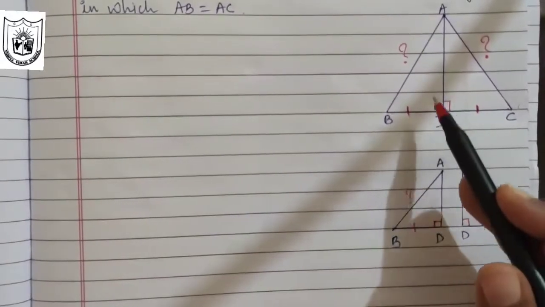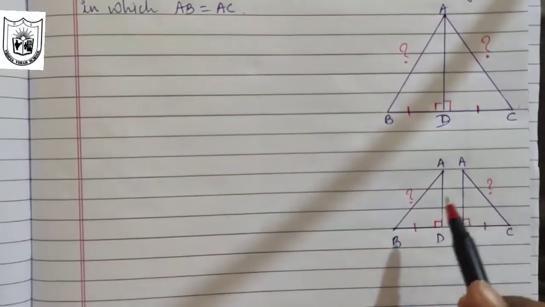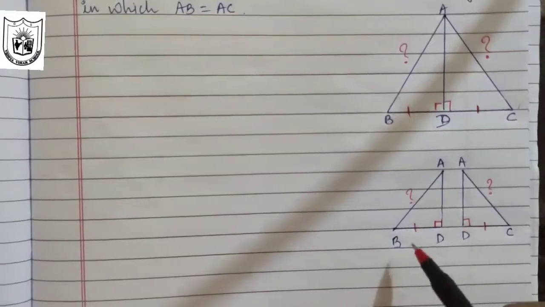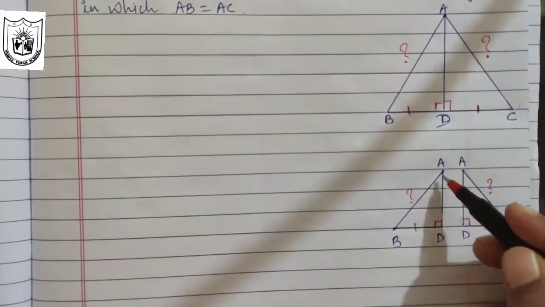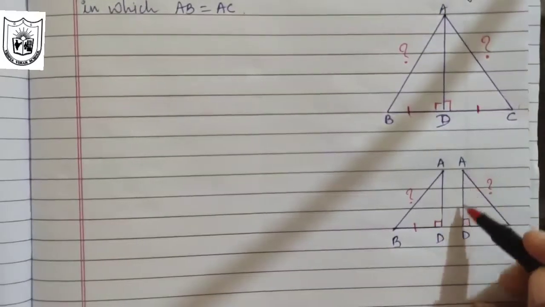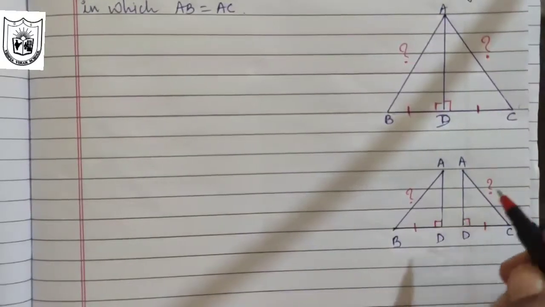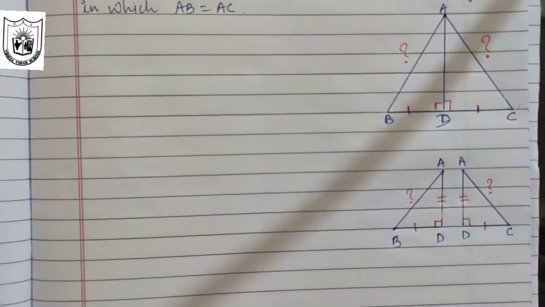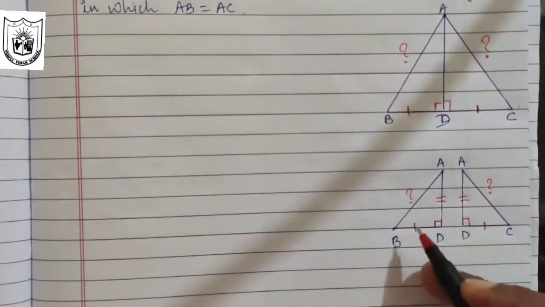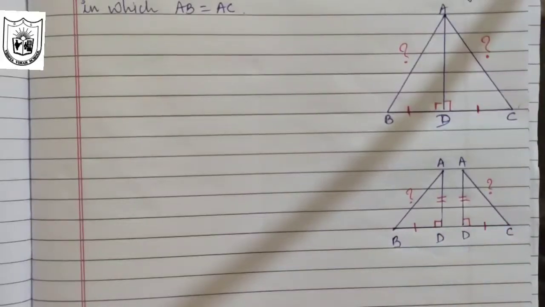So look at the triangles, the same triangles I have redrawn here. The only thing is we have separated both the triangles. So we get one side, one angle. After separating, we notice that this line segment AD is common for both the triangles. So definitely the measure will be equal. So now can you guess by which congruency rule both the triangles will be congruent?